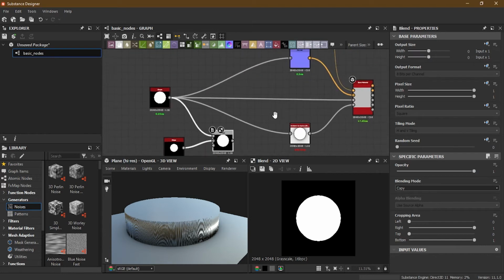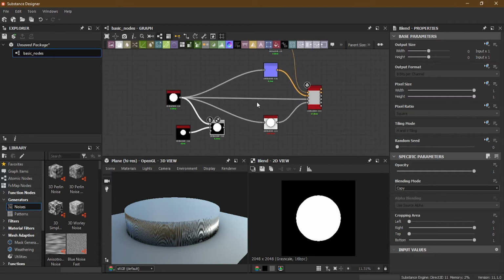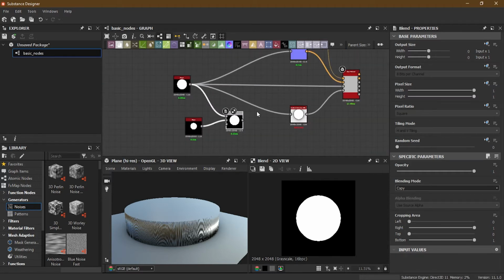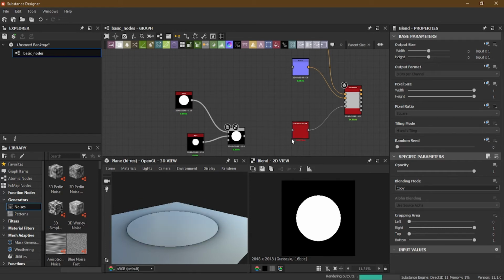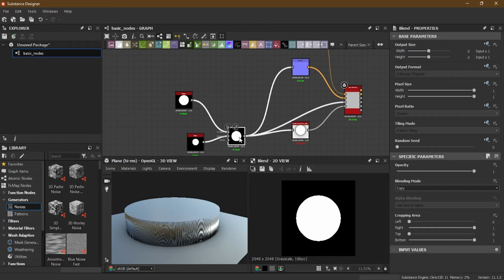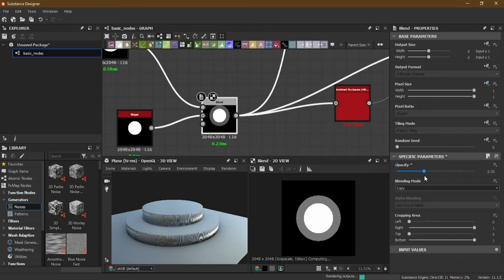The reason is that all these nodes are still connected to shape. So I have to take them all and connect to blend. Okay. So suppose I have to delete this from here, from here, from here, then connect this one here, connect this one here, connect this one here. Okay. Now if I go here and start playing with opacity, you can see that